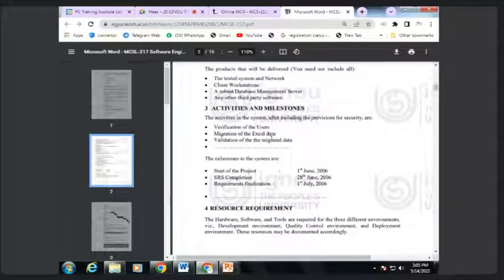Verification of the user, because a single software application is to be used by many people in the team. It could be an internal user, an end user; any users could be part of the users category. So for verification, we have to include a scenario in which we can verify different types of users also. Again, the migration of the Excel data, validation of the migrated data, and another important aspect which talks about